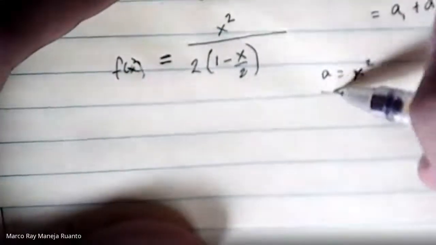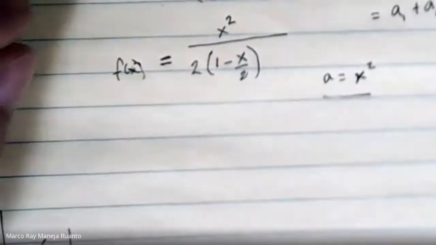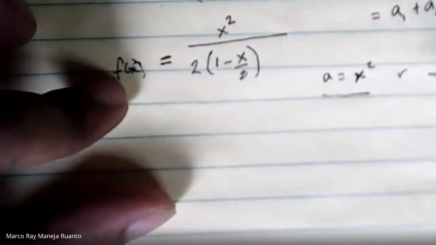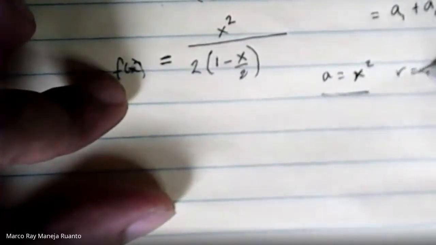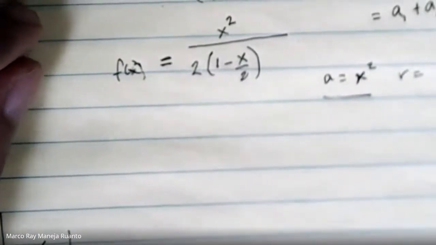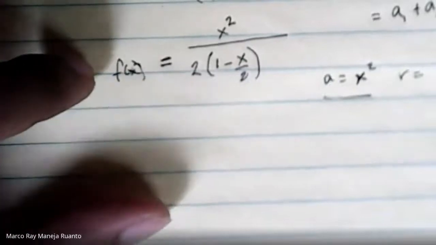Okay. Asa na kita? So atong A is x squared. Dayon our R is equal to, what's this? Our R is equal to